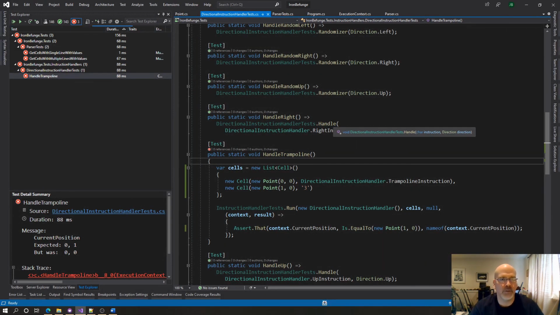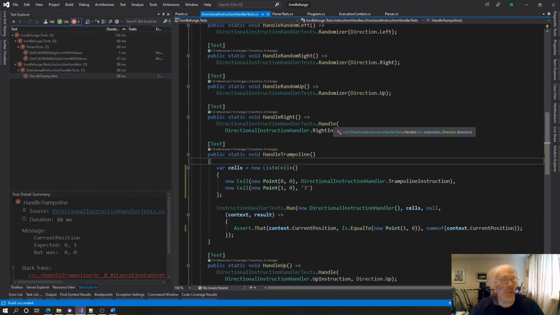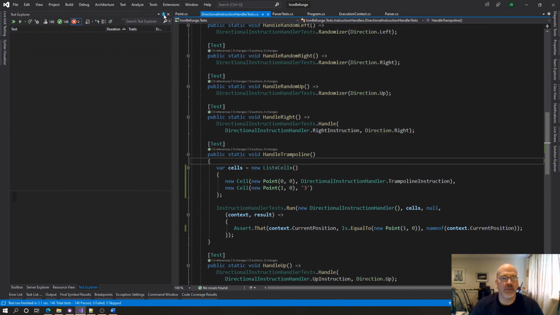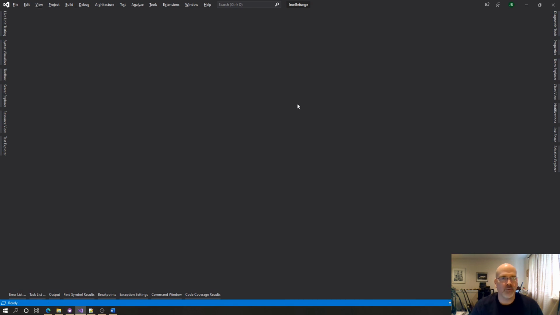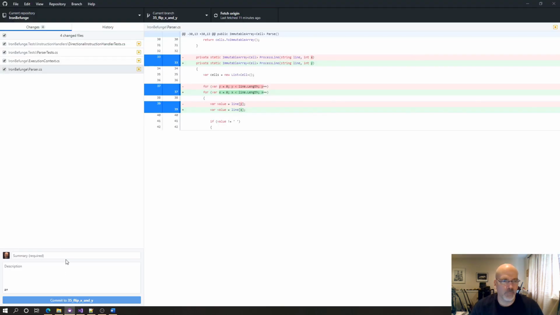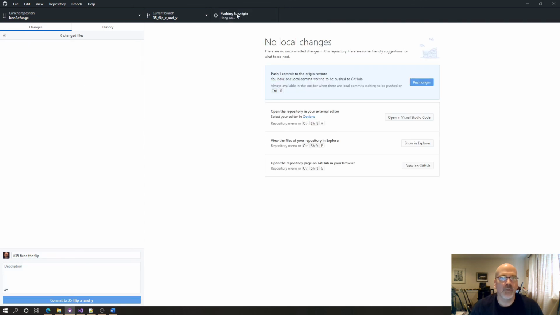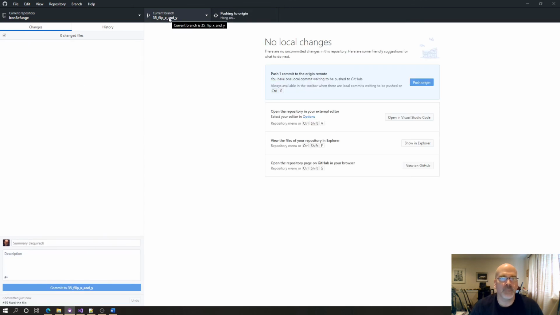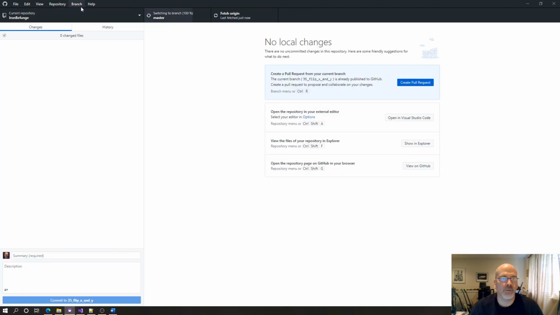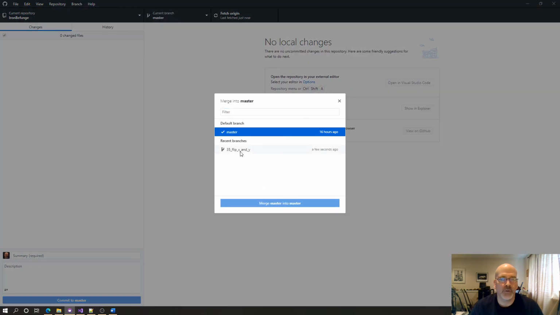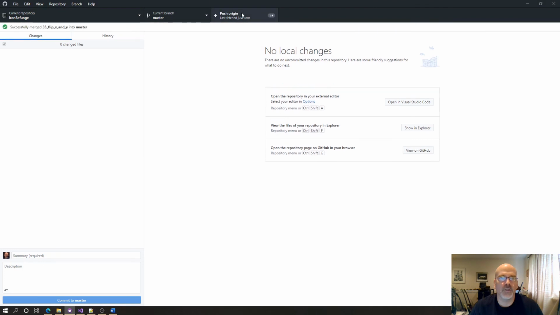Okay, so let's run all the tests again and see if we get any failures. Nope, they're all good. Okay, so, and we ran the code before as is. Alright, so we are going to 35 fixed the flip. Push that. And then we will go back to master and merge it in. Okay. Master, branch, merge, that, merge, push,